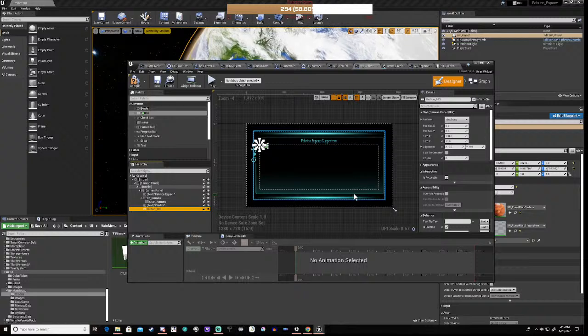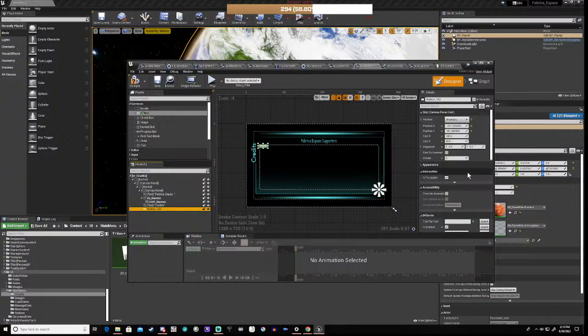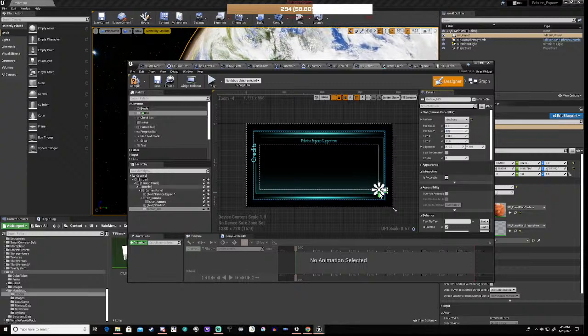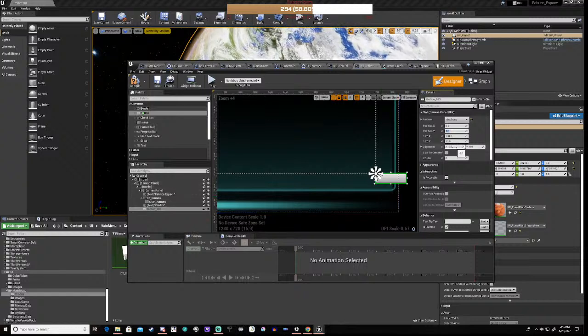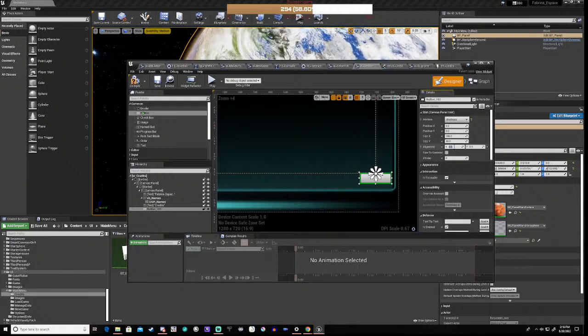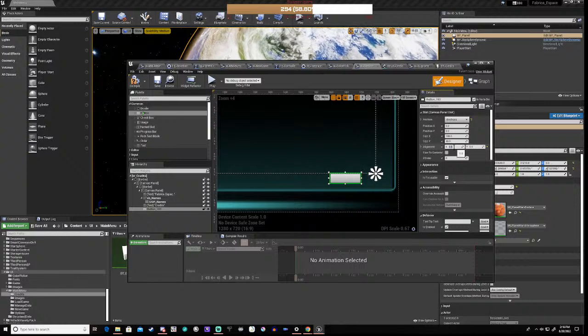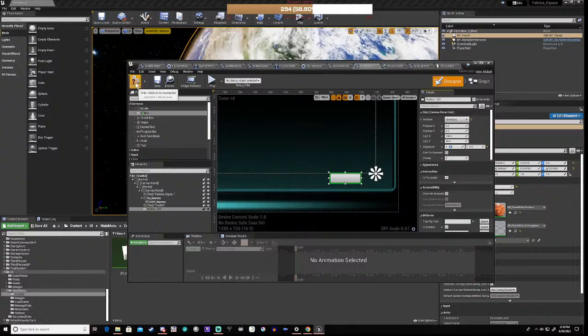So what we're going to do is anchor it to the bottom right. Then we'll do it by alignment. Okay. So on the X, it's going to be 0.5. No, it's not. It's going to be 1. In fact, it's going to be more than 1. It's going to be about 1.5, let's say. Okay, and what we'll do is,